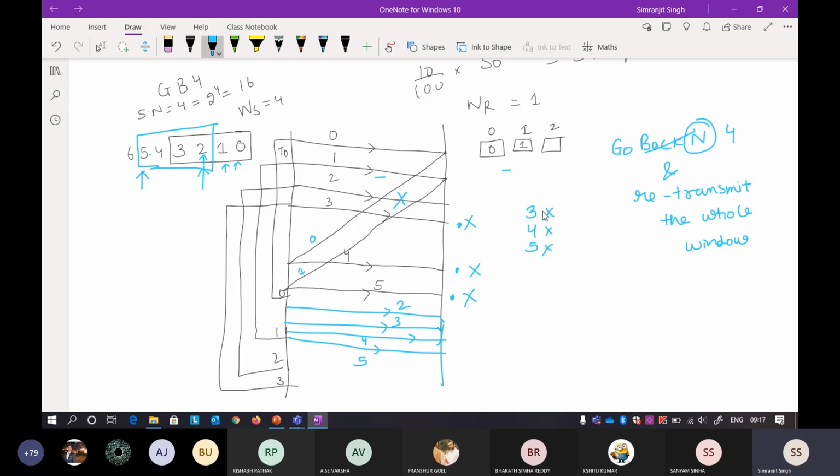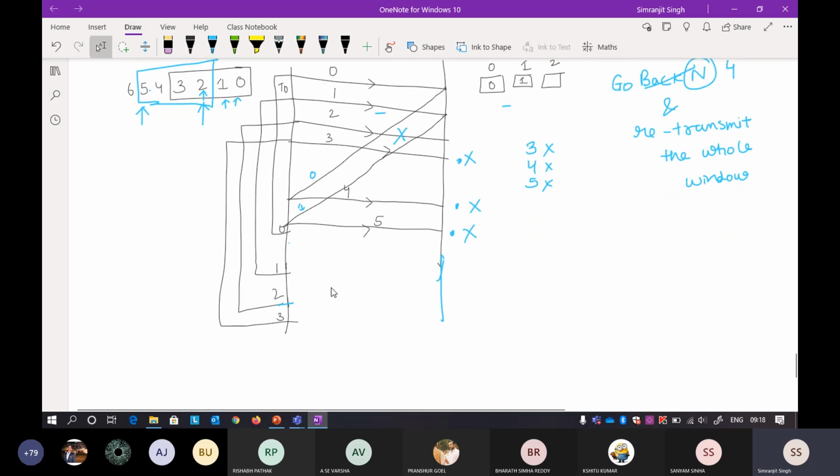Now when it discards them, what do you do? I have given the wrong thing here. So wait a second. How will the sender know when to transmit? It will know when to transmit, and it will transmit at the timeout timer of 2. So it will again transmit 2, 3, 4, whatever is the window, 2, 3, 4, 5.